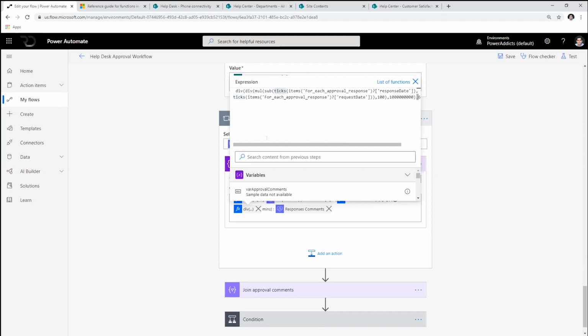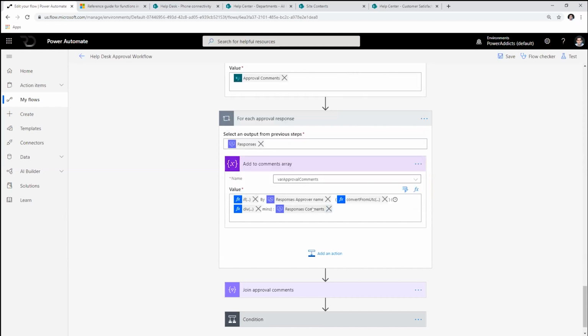Perfect. So I won't spend much time on this, but basically all I'm doing right here is writing expressions to check the interval between how long the approver took to respond and when the approval action was assigned to that approver. And this is what does that calculation. Of course, there's a lot of maths here, divide by this and multiply by this. It's basically some time calculations going on here to give me the exact time in minutes that the approver took. And that is what I'm plugging in right here.